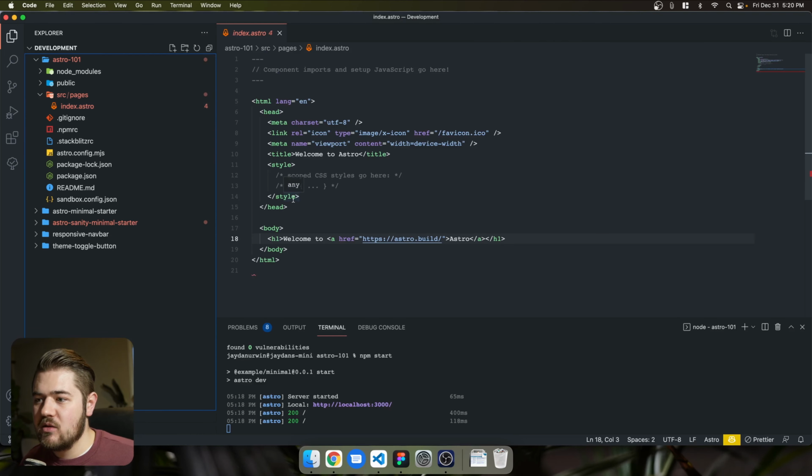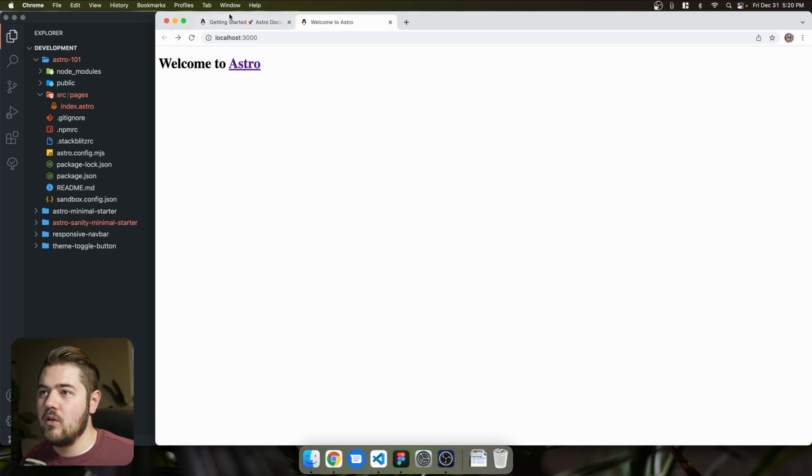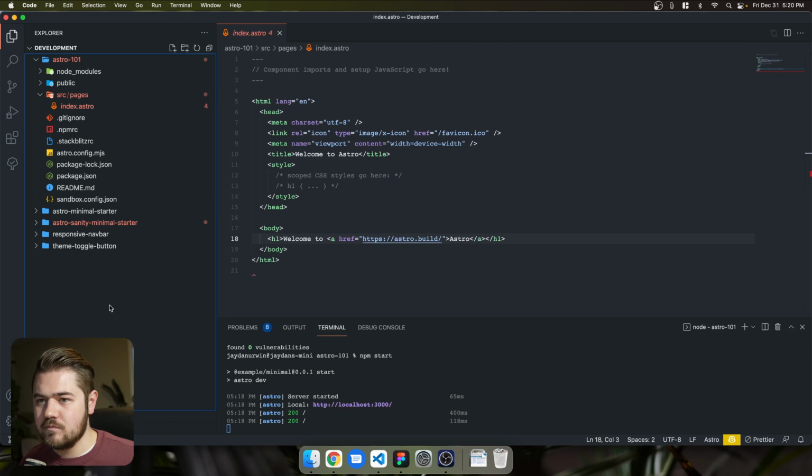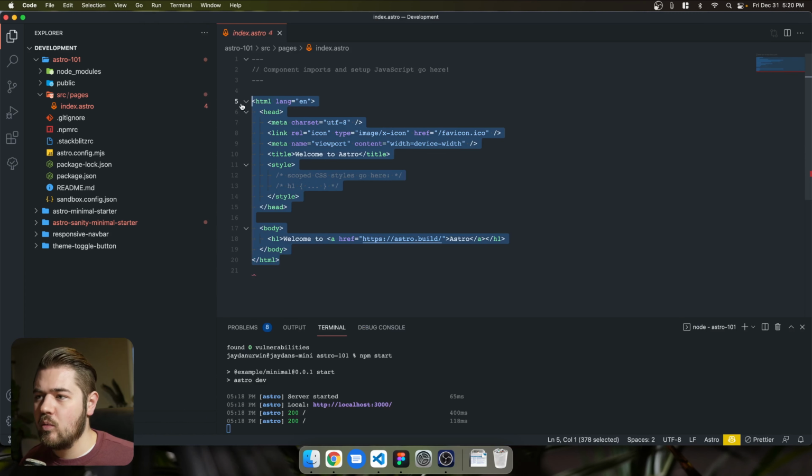So to work backwards, what we're going to do is actually break this down into a layout first. And if you look at their docs, they actually have a section on layouts. If you want to read more about that, definitely take a look at it. It explains how they work and everything, but what I'm going to do is just copy all of this. And we're going to go into our source directory,